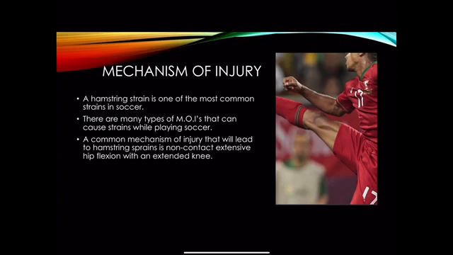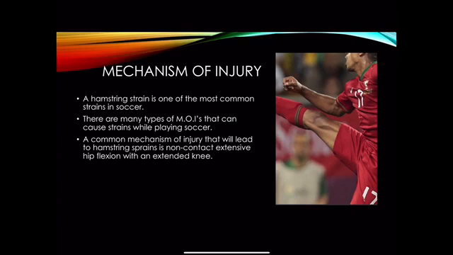So now we'll talk about the mechanism of injury. Hamstring strain is one of the most common strains in soccer. Also, the quadriceps strain is one of the most common strains in soccer, and they're kind of a reverse movement of each other. There are many types of MOIs, also known as mechanisms of injury, that can occur and cause